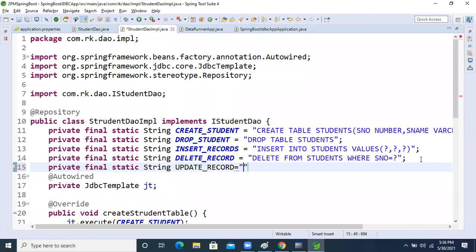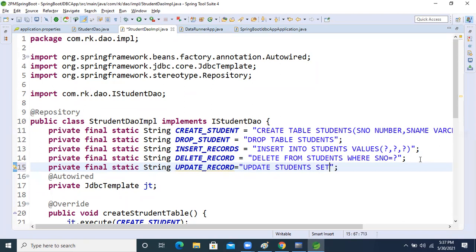Fine. So what will the query be now, guys? The query will be update student.